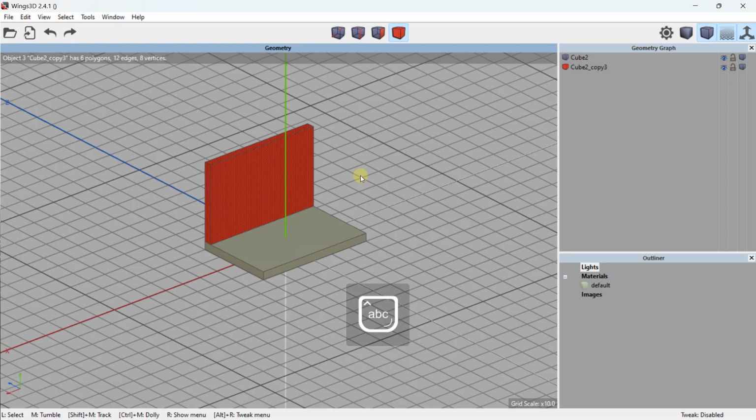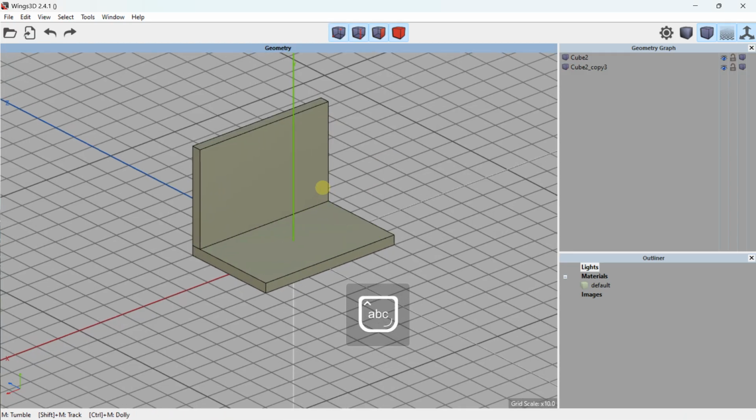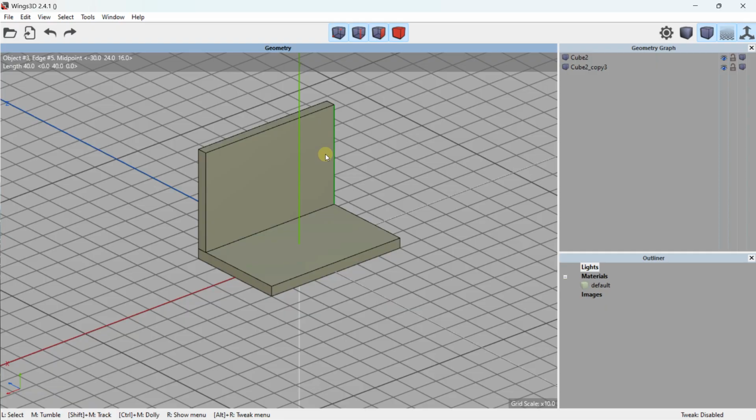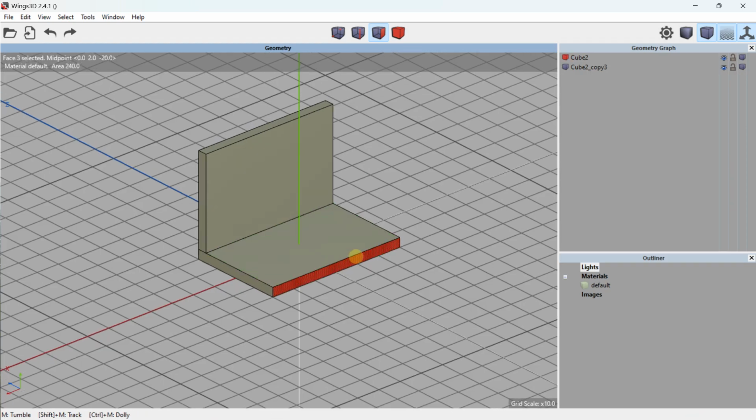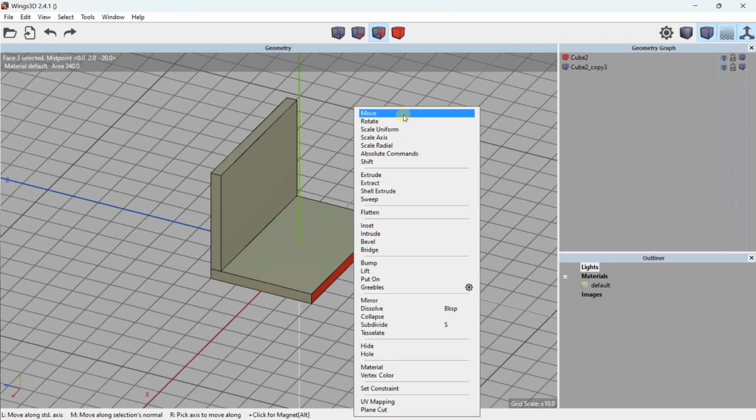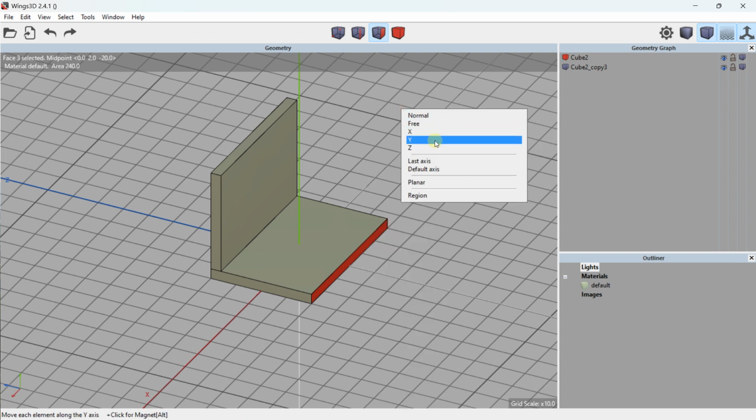So now something that we will do is we can do this type of work, but also on a face or on an edge. For example, I can switch the selection for the face selection, and I can select this face just here. And when I right click, I have access also to the options. So if I click on move, I can also move, but because we selected the face, we can work also